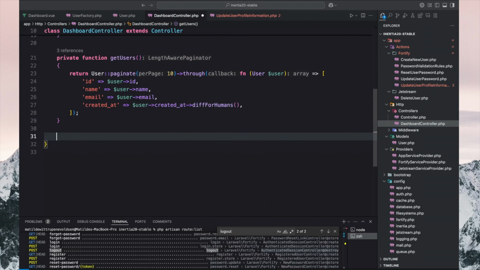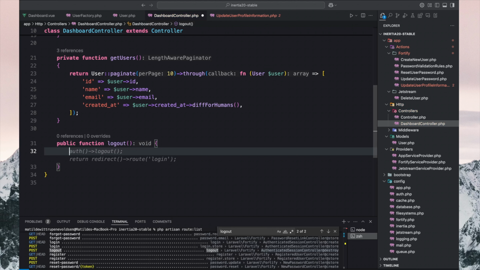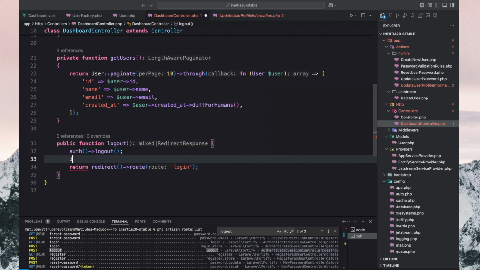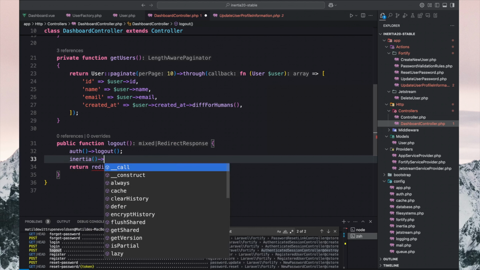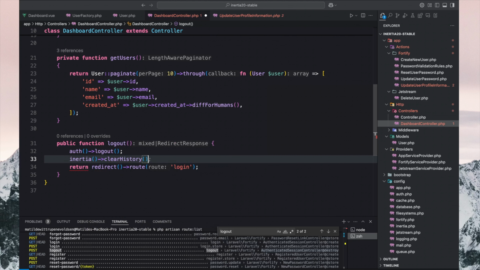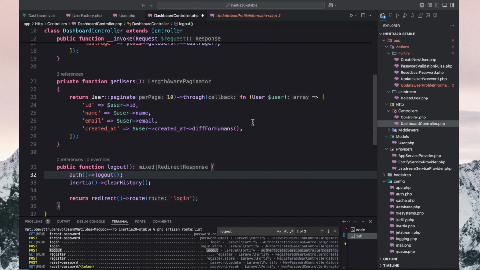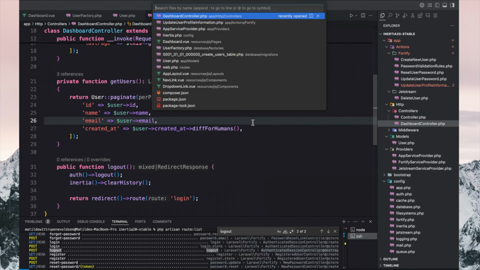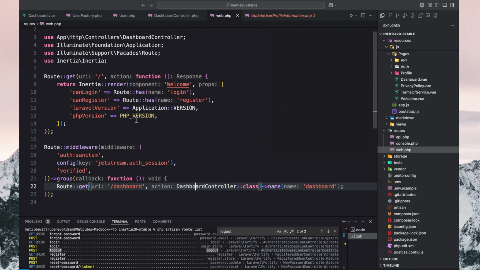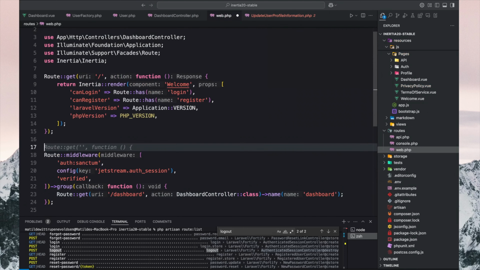For now, it's just to create a public function logout. And then we can say auth logout and return redirect route to login. We can also use the Inertia facade or the helper function and say clear history, just like that, and that will essentially log the user out. So what we want to do now is inside our web.php file, we want to just create a new route in here